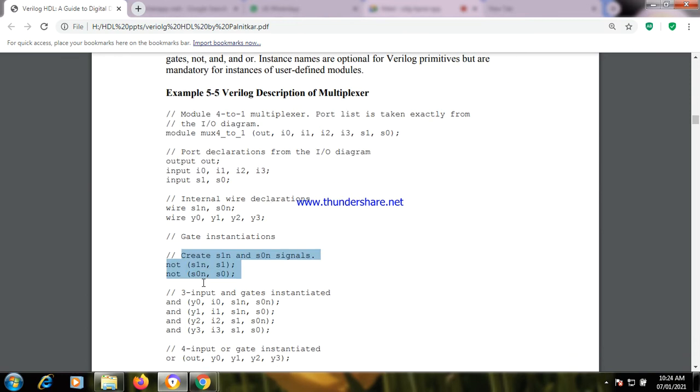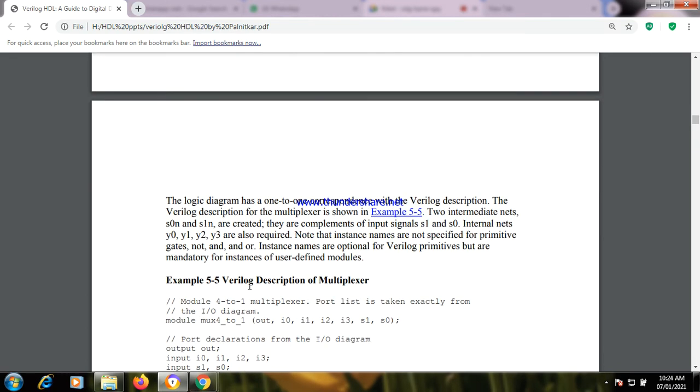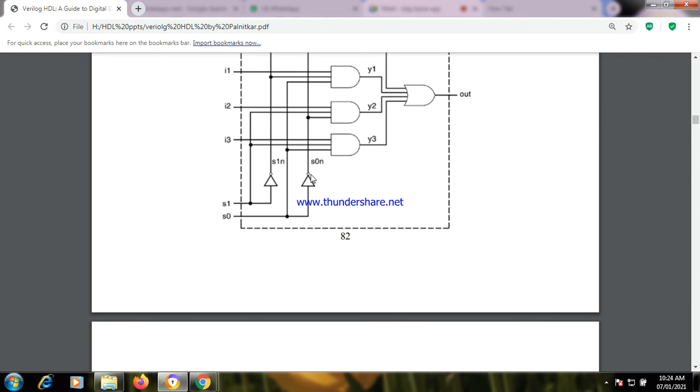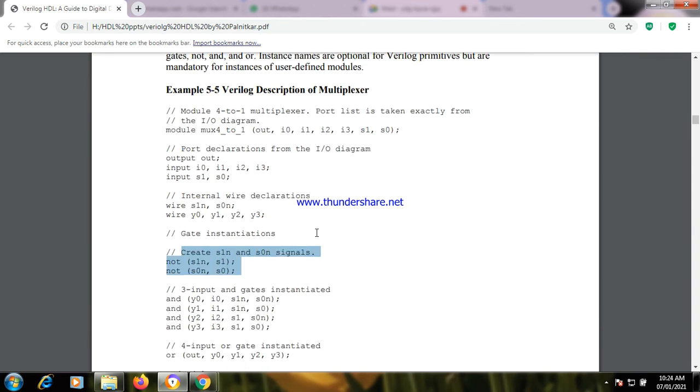Similarly, for the second NOT gate, I can write not of S0N followed by S0. Whatever input you are giving at S0 will be complemented by this particular NOT gate. So we can show it as S0N or S0 bar.